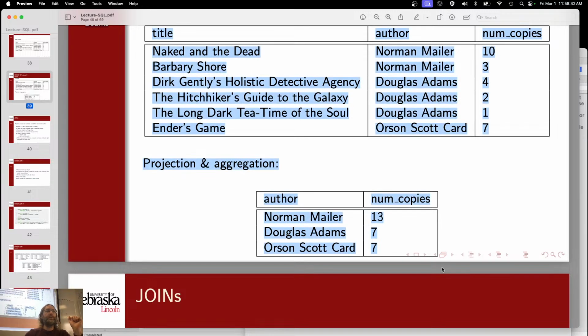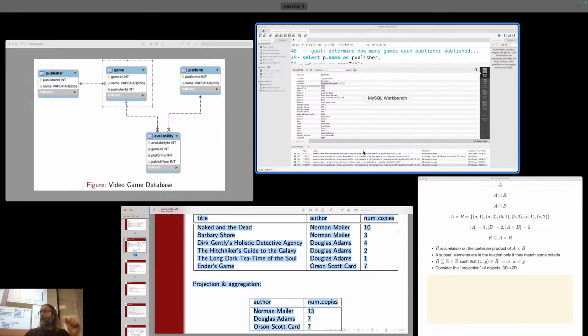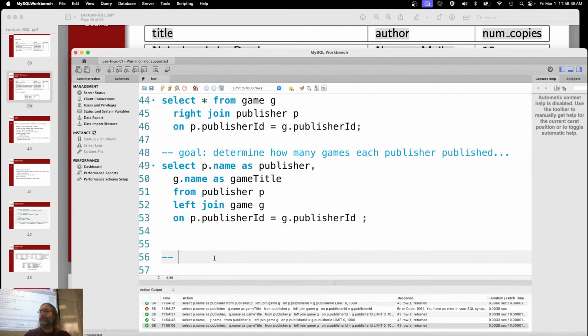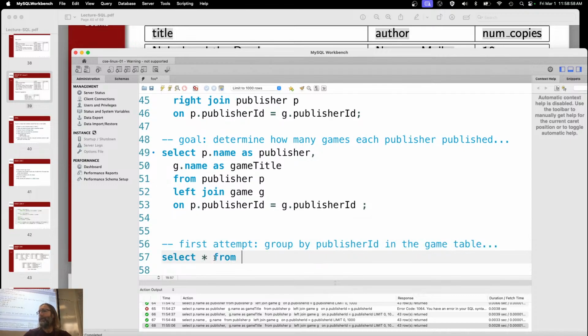This is what I want, okay? So how do we do that over here in SQL? Here's my first attempt, right? So let's go ahead and group by publisher ID in the game table. So select everything from the game table, from game, group by, well, actually, let me just show the table here,